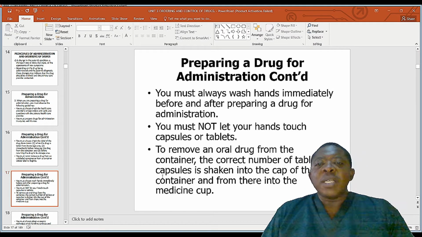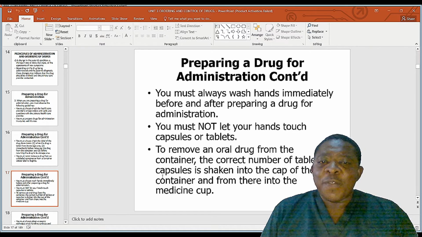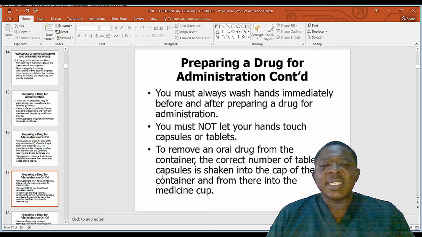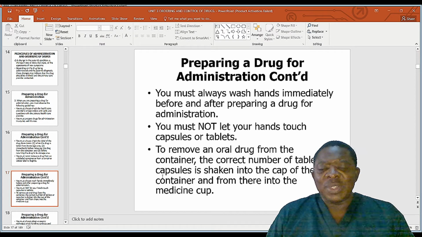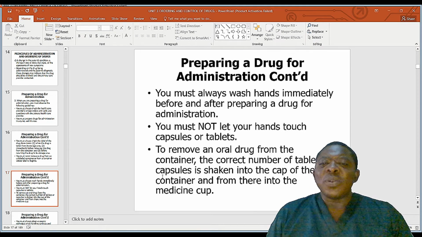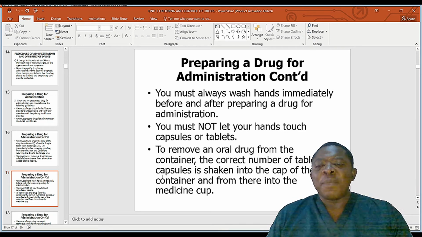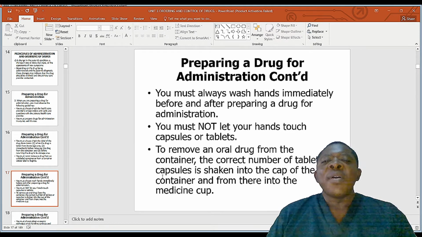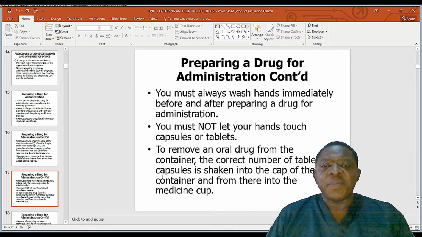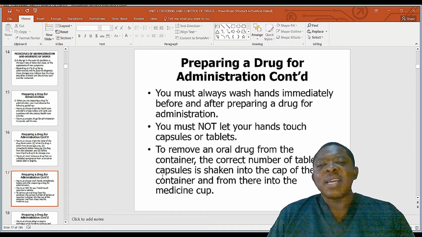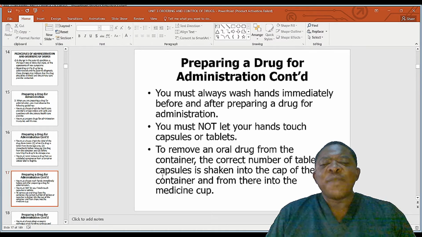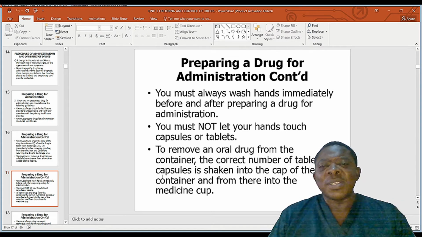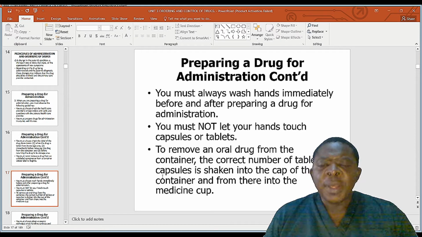So you must always wash hands immediately before and after preparing a drug for administration. The grease on our hands may react with the drug, so it's important to wash hands. Remember, the grease, the dirt may react, so you have to ensure that your hands are clean. And then the minor powder debris of one drug, if it remains on your hands and then you go on to pick other drugs like oral tablets, you will find that that powder may react with the